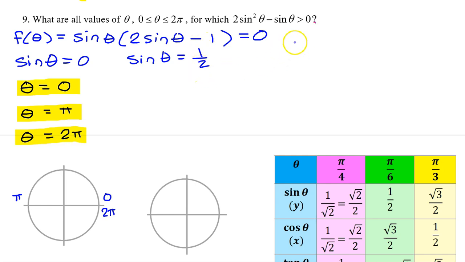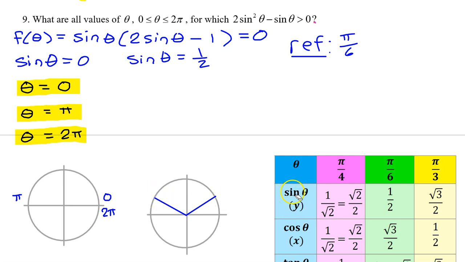We can find the reference angle by asking ourselves the sine of what angle is 1/2. We have memorized that the sine of pi over 6 is 1/2. So pi over 6 is the reference angle. On the interval from 0 to 2 pi, here are the 4 angles with a reference angle of pi over 6. Since we want sine to equal positive 1/2, we will stick to the first quadrant and the second quadrant,